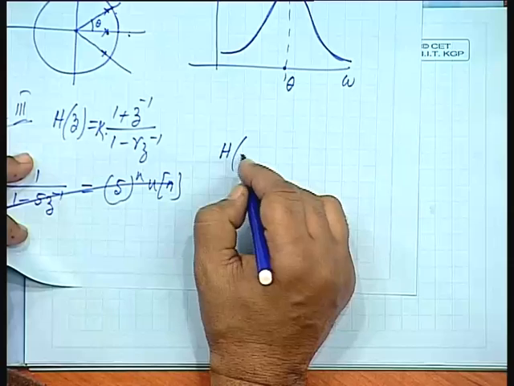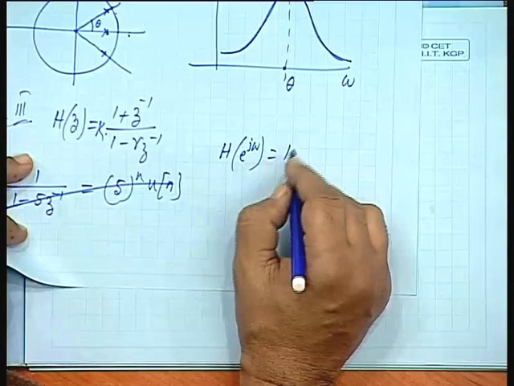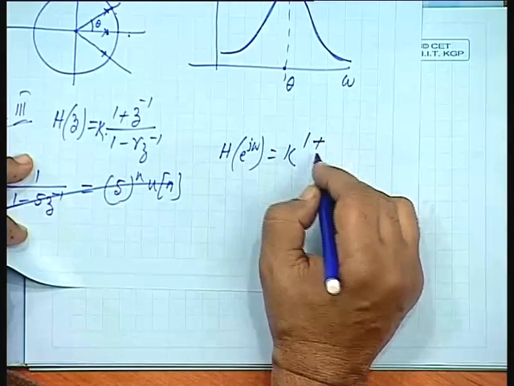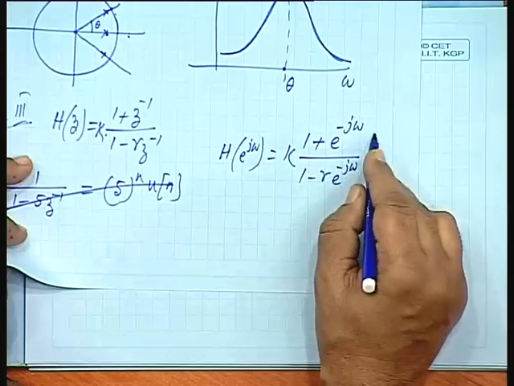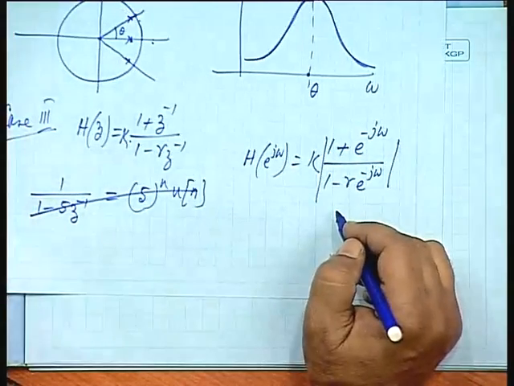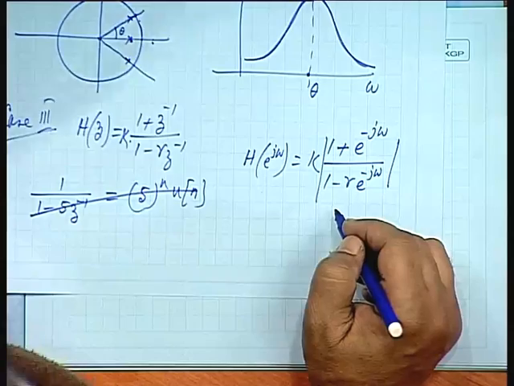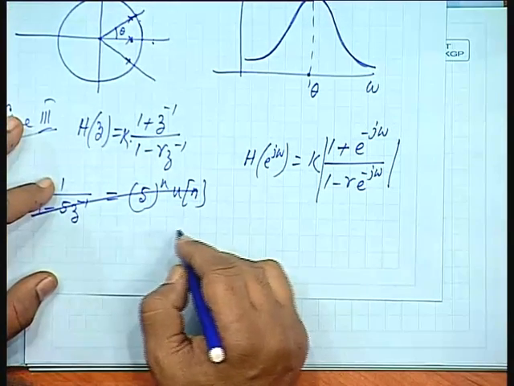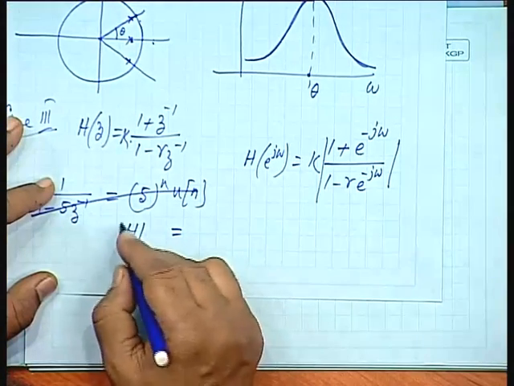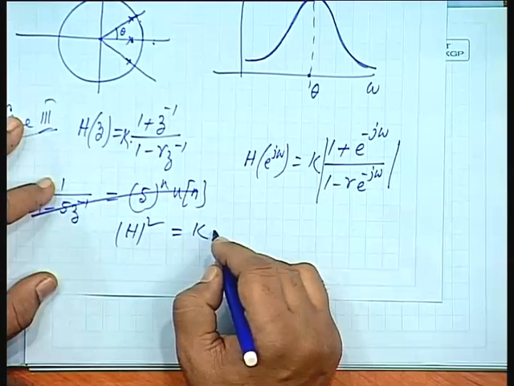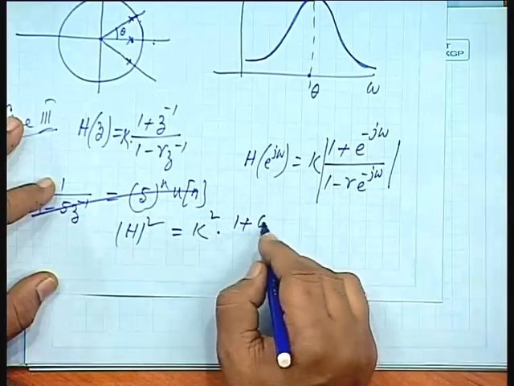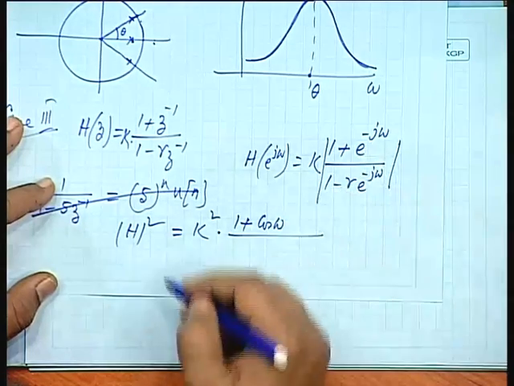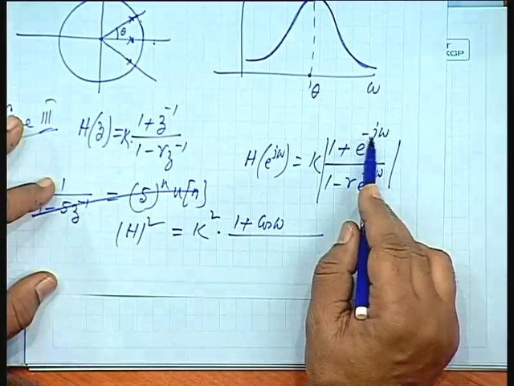What would be H(e to the power j omega)? It will be k into (1 plus e to the power minus j omega) divided by (1 minus r e to the power minus j omega). Take the magnitude. So, simplify this: |H| squared is k squared into, if you square it up, you will get 1 plus cosine omega, we saw earlier, it is (1 plus cosine omega) squared,